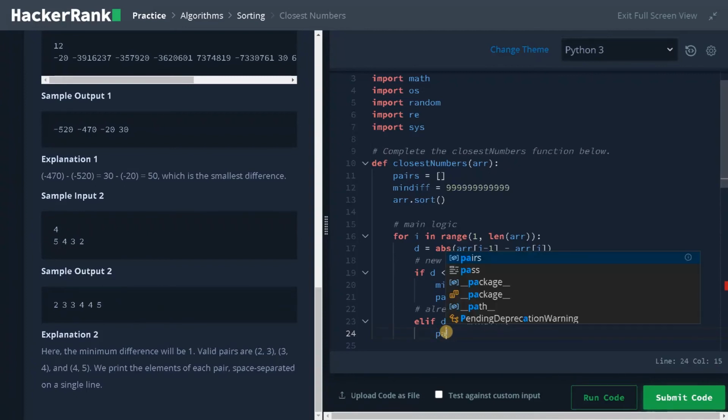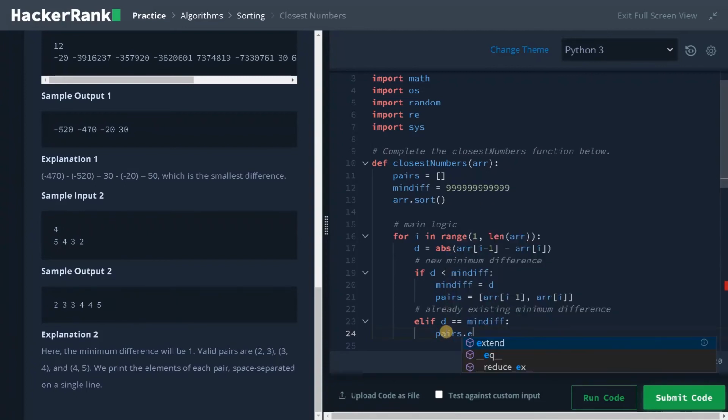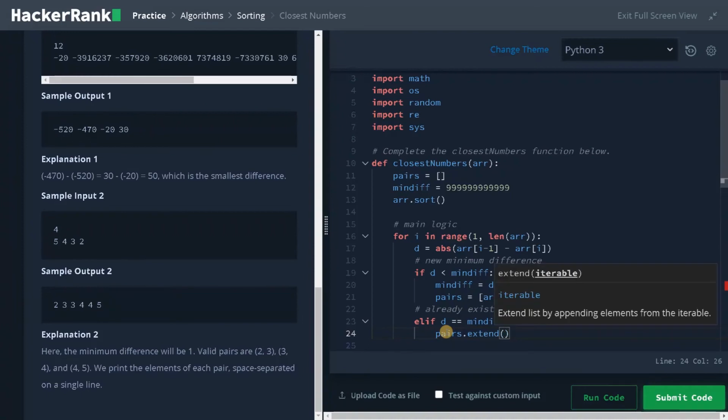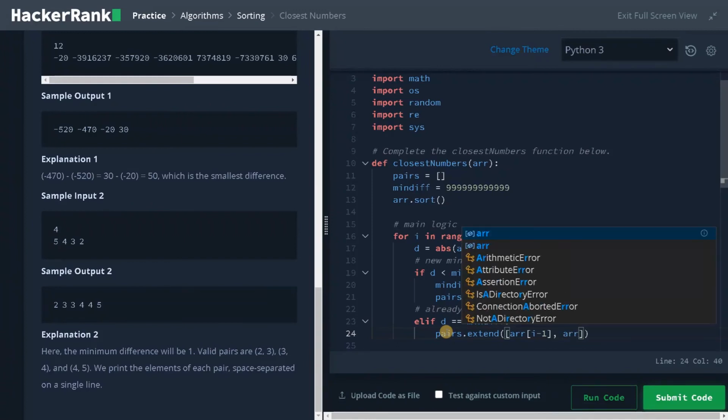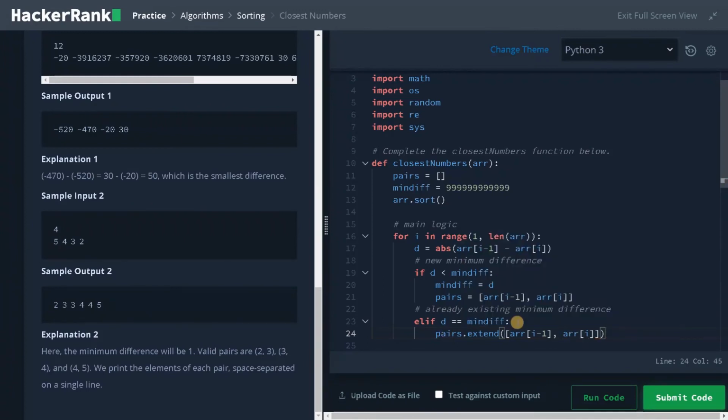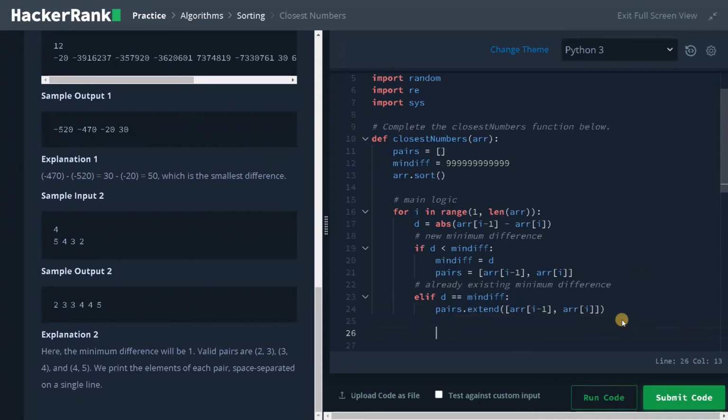For that, pairs dot extend a list of array of i minus 1, comma, array of i. Extend will just concatenate this list with the existing list, so we can have only these elements inside the list instead of multiple lists. That's why I'm using extend here. Now finally, we need to return the pairs. Return pairs.